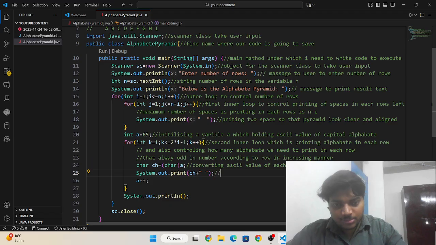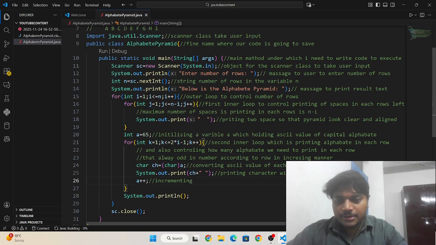Okay, and we are printing the character with one space. We are incrementing variable a to move to the next alphabet or character.